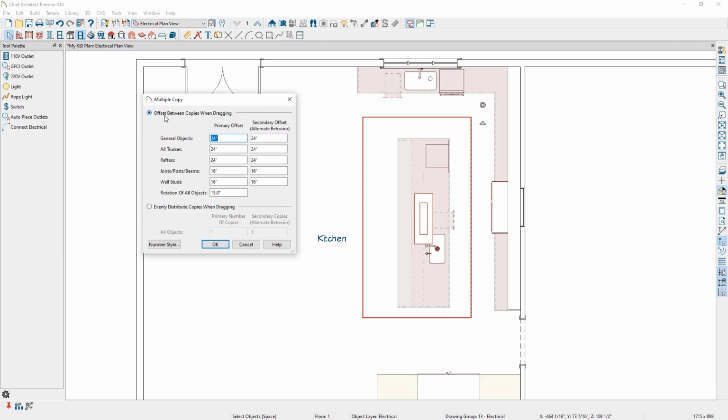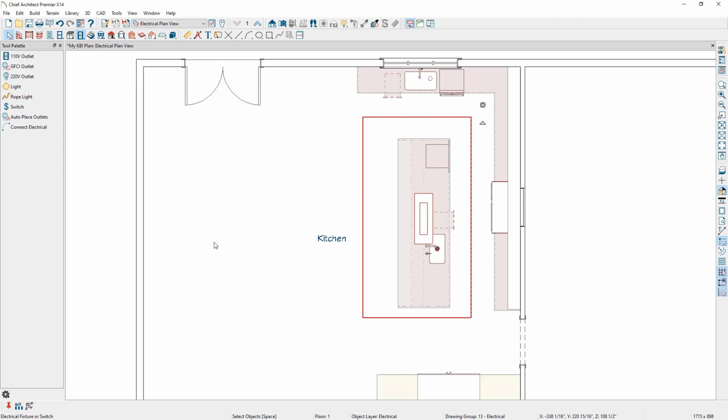We're going to stick with the first option to offset between copies when dragging, and we're going to specify that in our first direction we want to place them 78 inches, and then press Tab, and in the second direction we'll place them 78 inches. So we'll place an array of lights 78 inches this way, and then 78 inches that way. I'm going to click OK to this dialog, and then I'm going to come over to the can light,